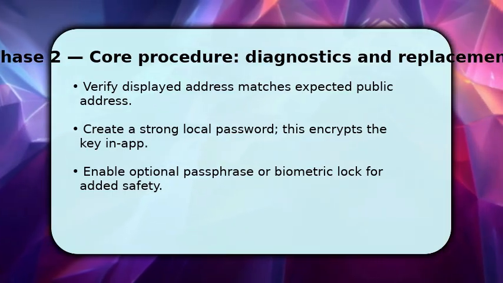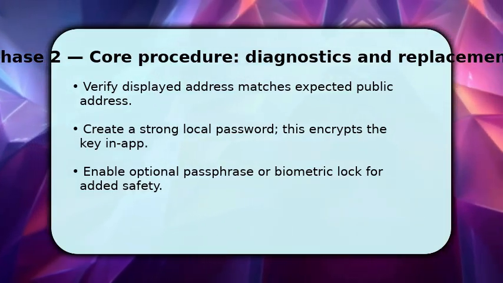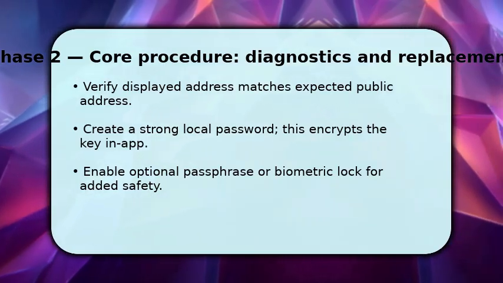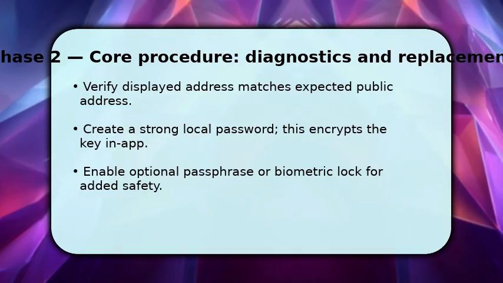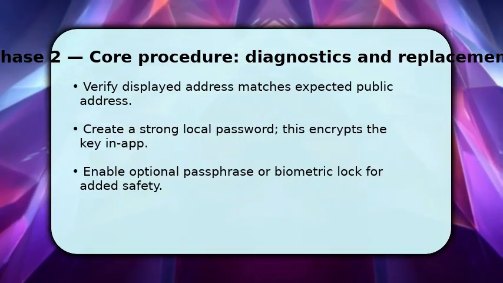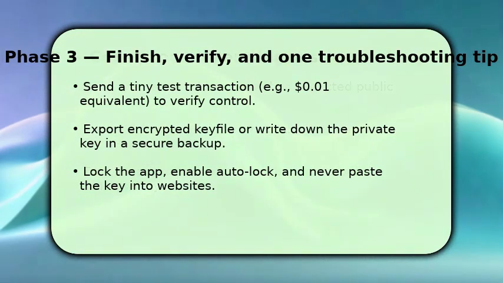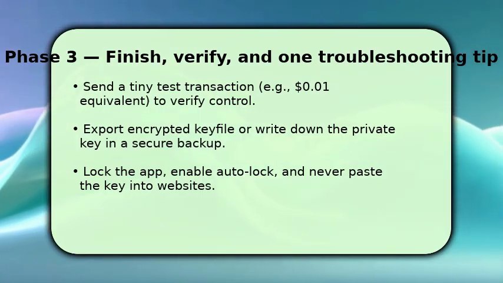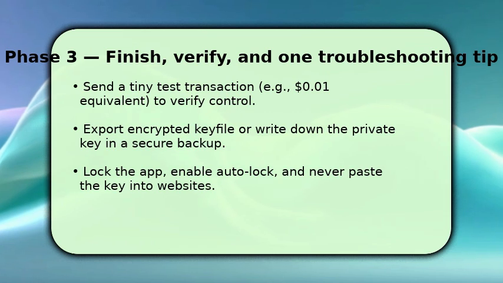You can then add a passphrase or enable biometric lock for quicker, safer access. Once set, the app stores an encrypted copy. Remember that losing the private key means permanent loss of access. Finish by testing control. Send a minimal transaction to a secondary address to confirm signing works and that funds move